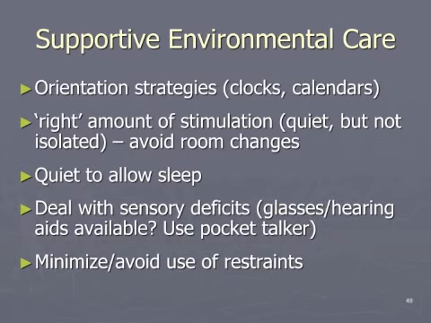So I think we need to do a much better job at giving people the information they need to try to stay oriented. The right amount of stimulation is another piece, and I know that a nursing protocol often has the delirious patient move to the nursing station so that they can have close observation, and that's right where they're likely not to get the best amount of sleep. So it's a real balance between having enough stimulation that the person is not suffering from social isolation, as well as having a sufficient amount of quiet so that they can get the rest required. So, trying to balance those two, and as Dr. Hogan has said, trying to avoid room changes.